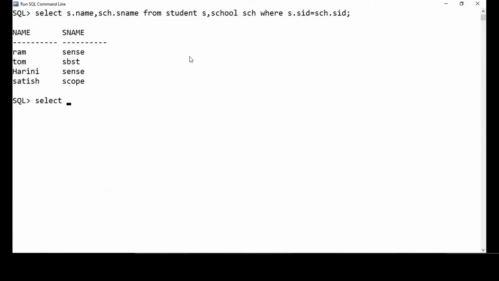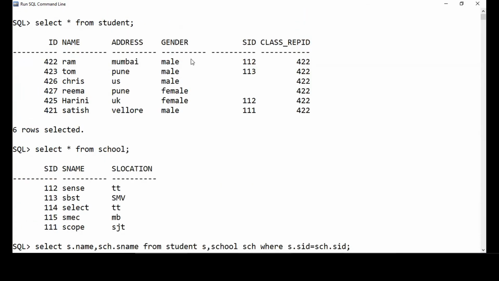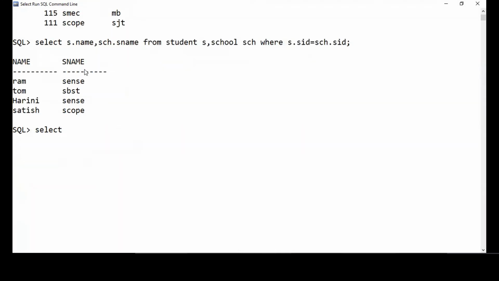We're going to bring two different names here. One is student name, another one is class rep name. So what I will do is I will say student name as s1 dot name, and then I'll give the class rep name as s2 dot name. From which tables are we going to bring? The data is in the same table, so it's from student s1 comma, again from the student table s2,